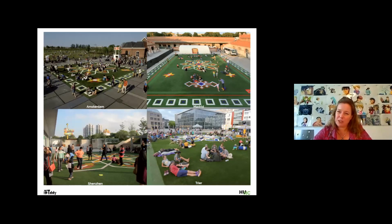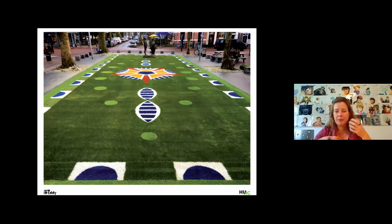We also have two types of carpets. We have temporary carpets that travel around the world. So it's just one carpet, but it travels from one place to another place. So we are only at a square temporarily. Or we make